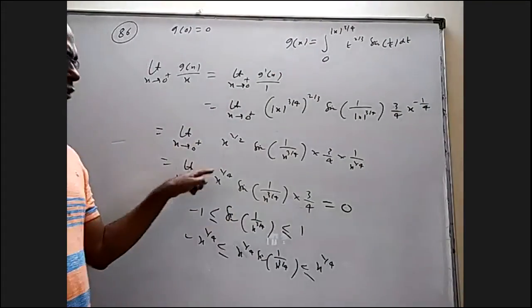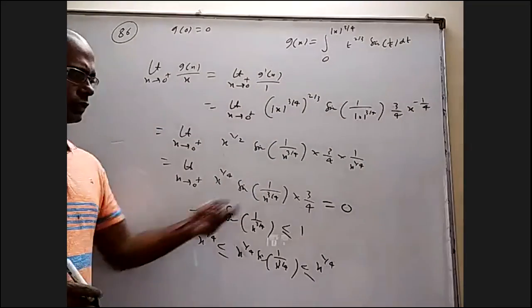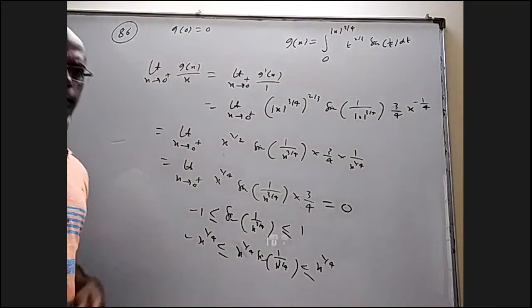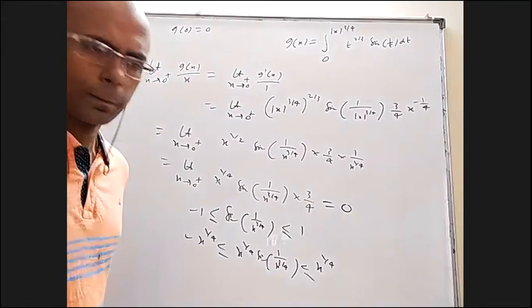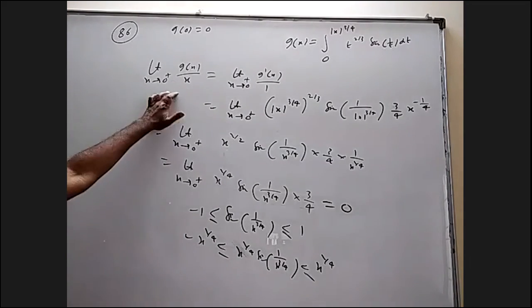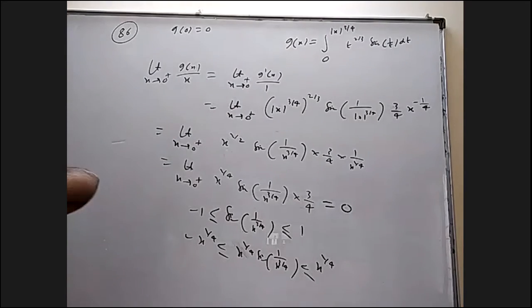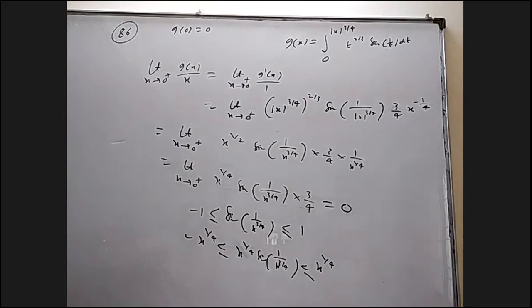If it had some negative power, the limit wouldn't exist, but as long as it's positive, it doesn't matter. Is it okay for 86? Yes, sir. Basically, directly also, by x is there, otherwise, see, the limits are becoming very small. What about the function value? It also is very close to 0, near 0.